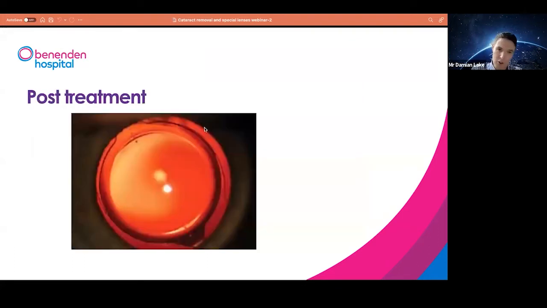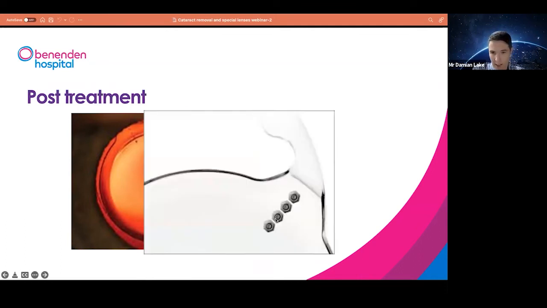Now, the special lens looks like this. So it looks pretty much the same as a monofocal lens, but you can see up in the top left and the bottom right here, there are these additional marks on the lens, which indicate that it's a toric lens for correcting astigmatism. So these marks will need to be orientated with the ink marks that are placed on the surface of the eye. This is what they look like in close-up.